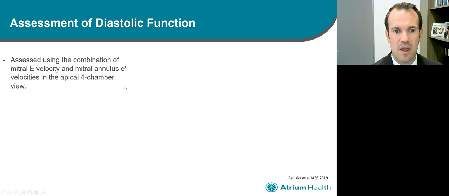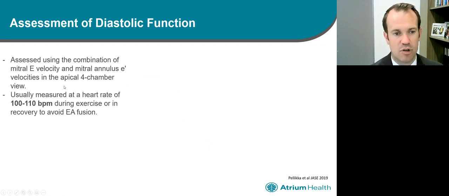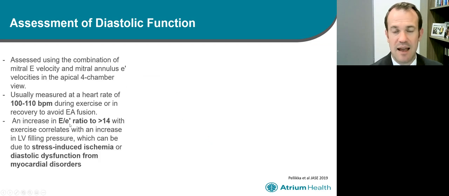We'll do this using a combination of the mitral E velocity, the inflow, and the annular velocity, the E prime, in the apical four-chamber. We'll usually use this a little bit later in recovery. The heart rate needs to come down a little bit to avoid EA fusion. And if that E over E prime ratio increases above 14, that tells us that there's exercise-induced diastolic dysfunction. And this can be related to ischemia or maybe related to other